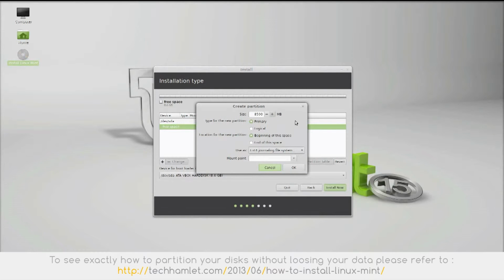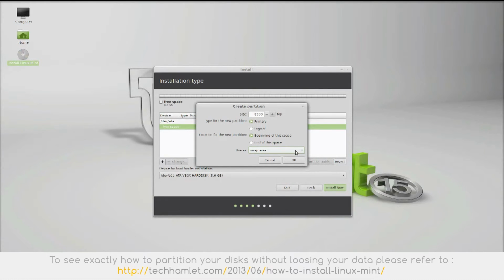Now normally we create 3 partitions. First one, the root partition. The root partition will contain all the files belonging to the OS. The second partition is the home partition. You will use the home partition to store your own data like downloads, my documents, desktop and so forth. The third one is the swap partition. The swap partition will work as a virtual memory. If your physical memory doesn't have enough space, it will load some of the old programs to the swap partition.